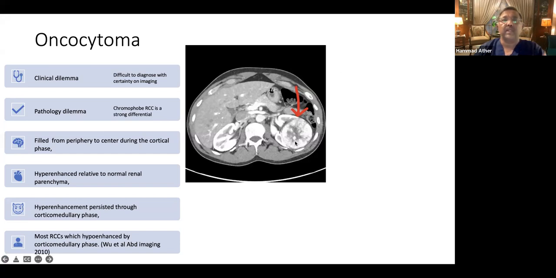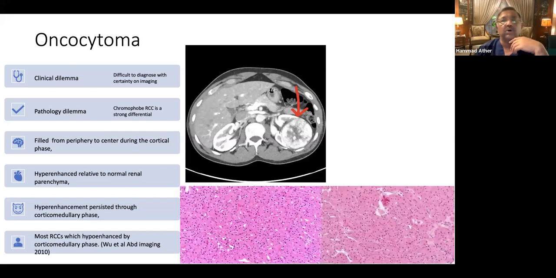With oncocytoma there's always a clinical dilemma: we have very little certainty in identifying it as an oncocytoma on CT and MR at times. Even pathology is difficult, because low-grade chromophobe RCC appears very similar to an oncocytoma to a pathologist. However, on the ultrasound, we know that